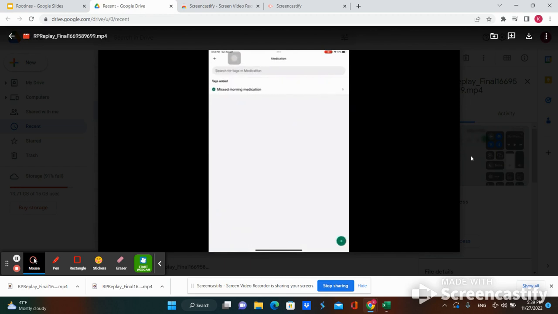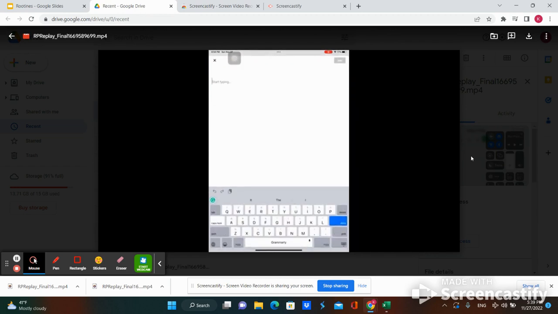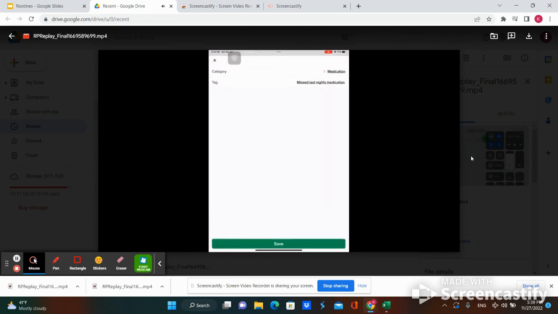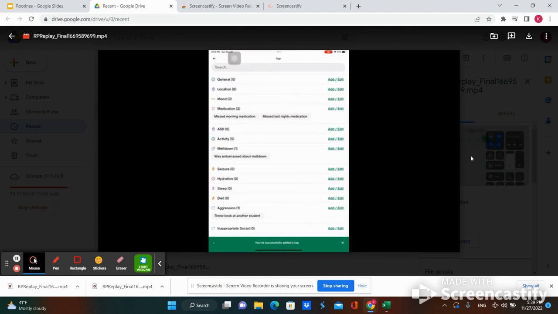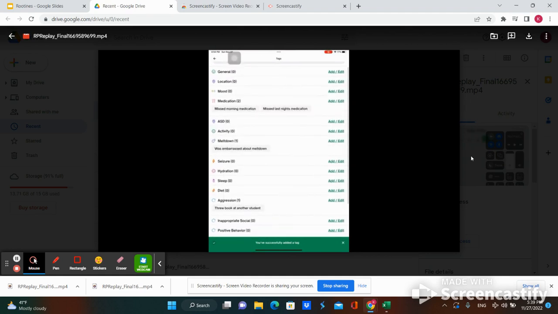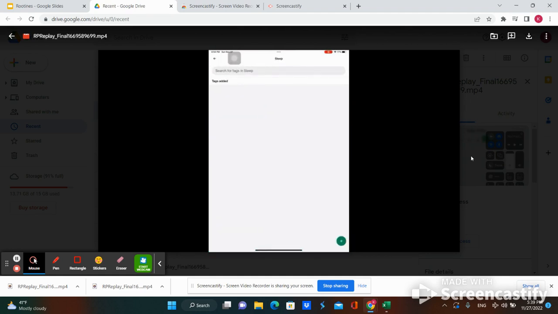It's then going to come here to the tags, and this is important. So you can tag things that may have caused the meltdown. So as here, I put medication. You can write notes. So I'm going to put missed last night's medication. So that's something that, if you were a parent, you could track, that he had a meltdown, he missed his medication, and that would be something that's important for the teacher because they may know, okay, he misses medication, it might be a rough day.